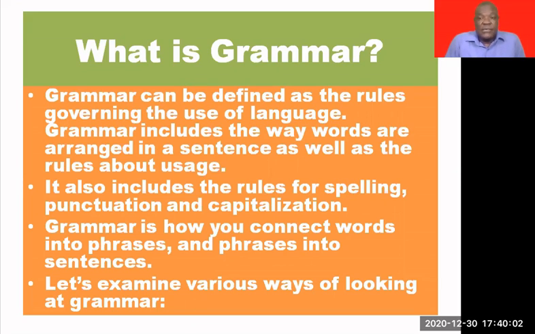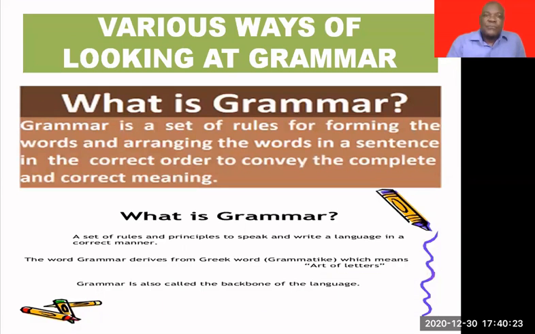Well, in a very simple way, we can say that grammar is how you connect words and phrases, how you connect words into phrases and phrases into sentences. Well, there are various ways of looking at grammar. Let's look at them. Various ways of looking at grammar. Now, we can see here